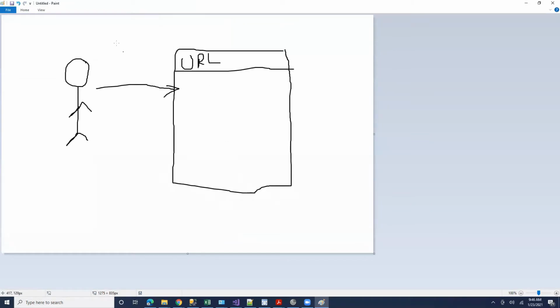This asking for information is called a request. Very poor handwriting in Paint, but you make a request. You send that request to a URL, which is just a way of saying the web page that you are all familiar with. If you want to go to Gmail, you say gmail.com. That's a URL, an acronym for Uniform Resource Locator, so that your browser knows where to go. What kind of request you are making decides what happens at this URL.